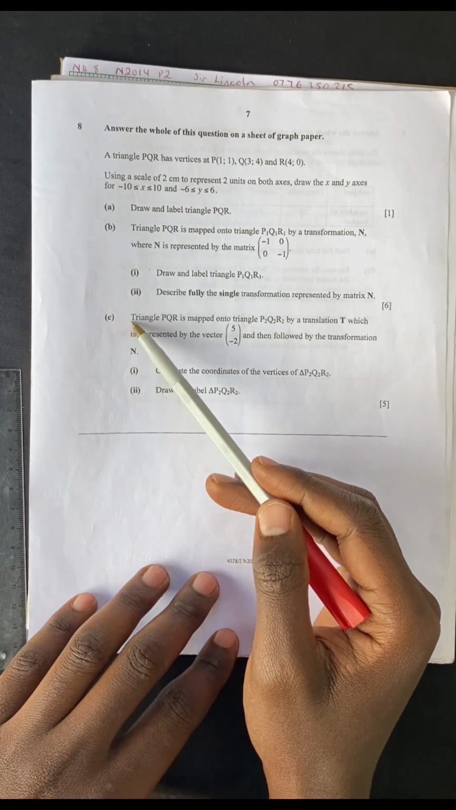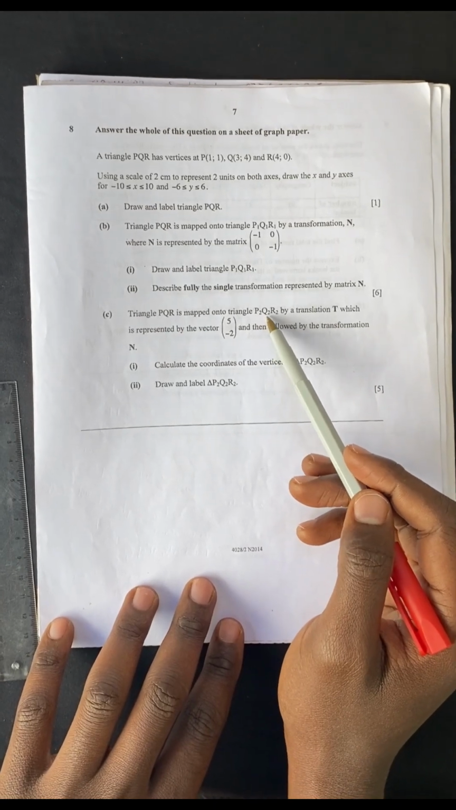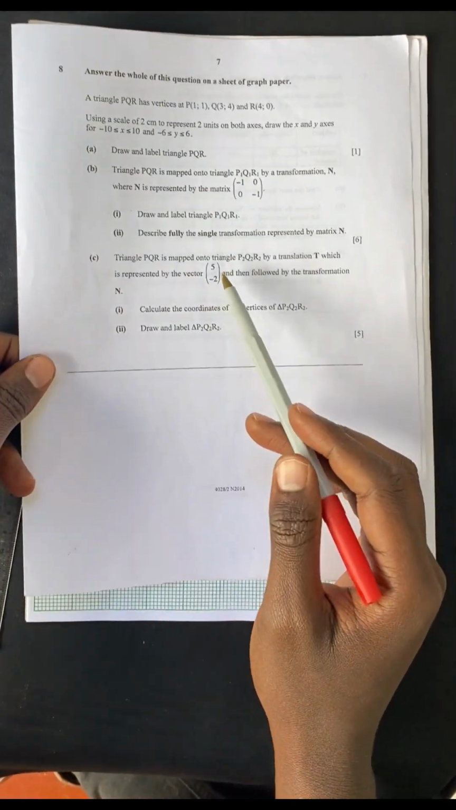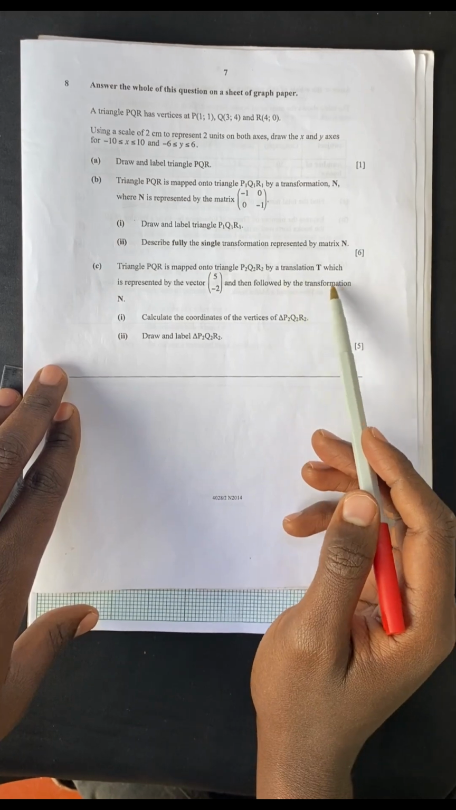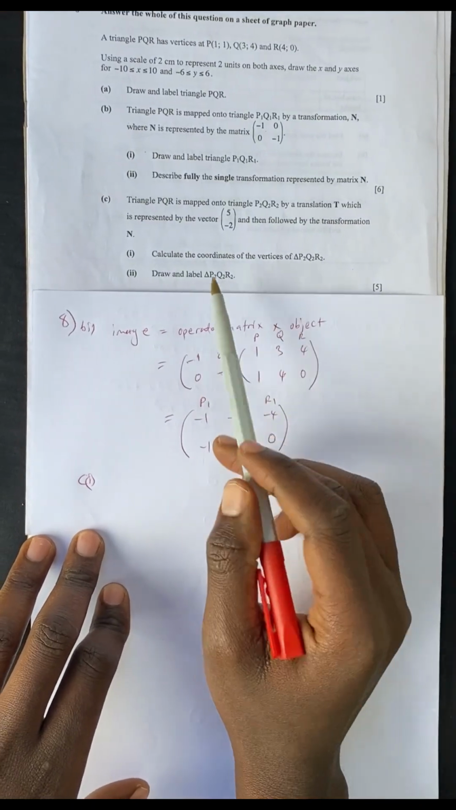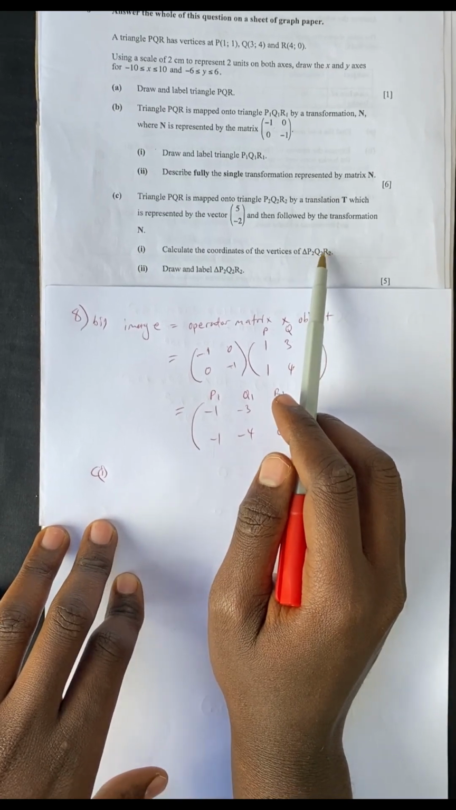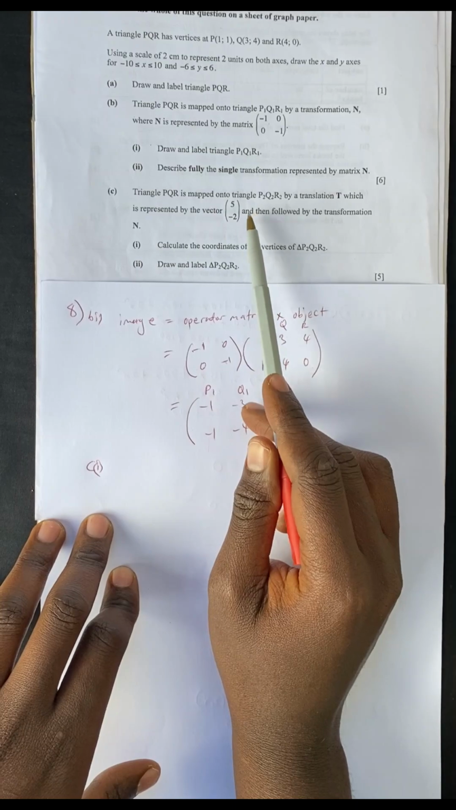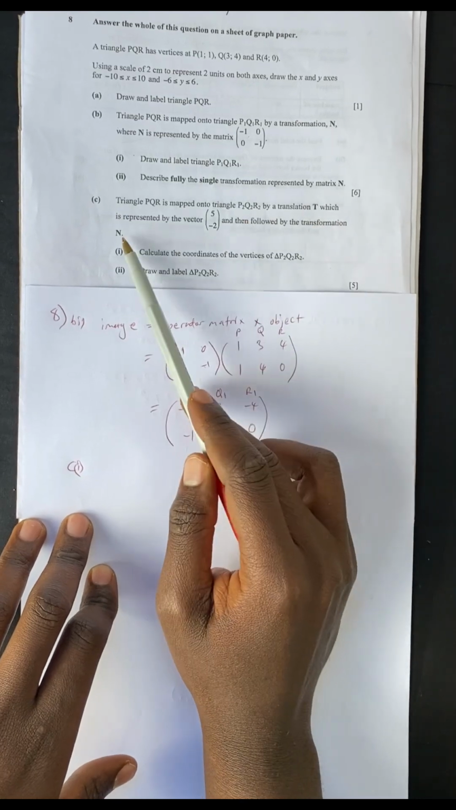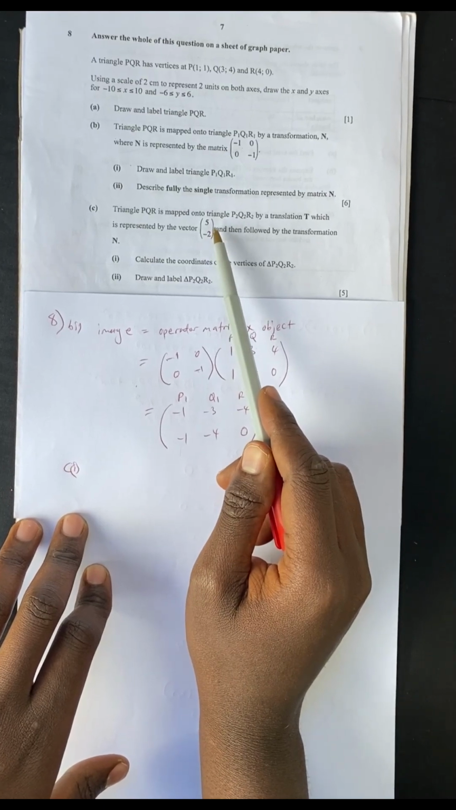Now question C reads, triangle PQR is mapped onto triangle P2Q2R2 by a translation T, which is represented by the vector 5, minus 2 and then followed by the transformation N. So I want to calculate the coordinates of the vertices of triangle P2, Q2 and R2. So here we are told that the first is the translation of 5, minus 2 and then it is followed by the transformation N. So what we are going to do is first of all calculate the image after the